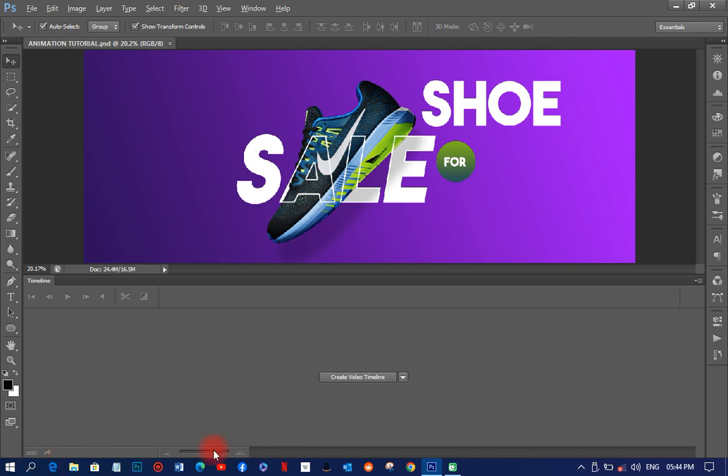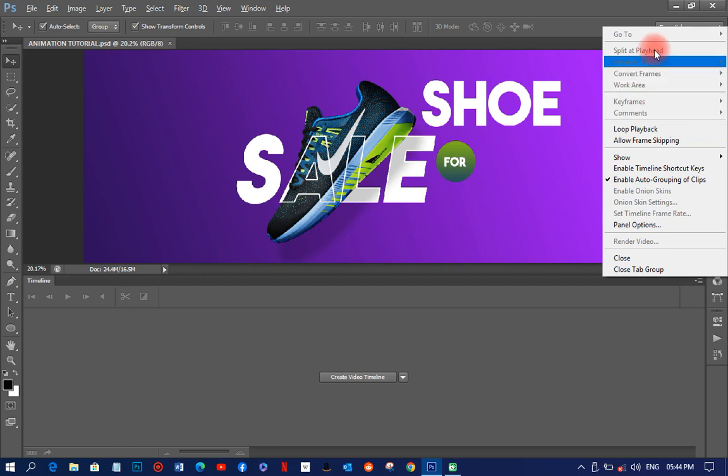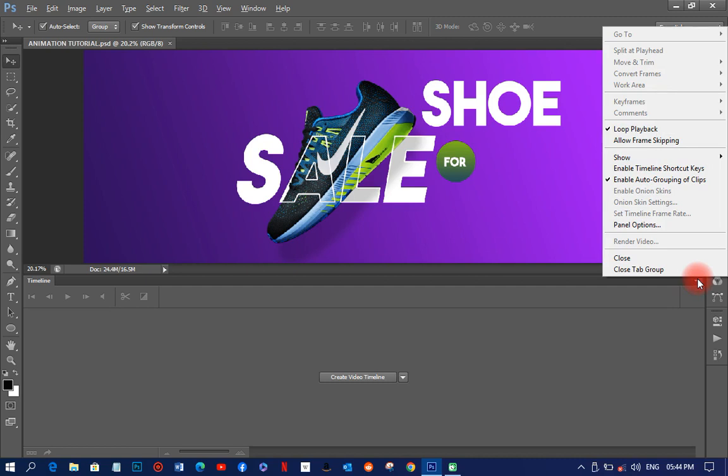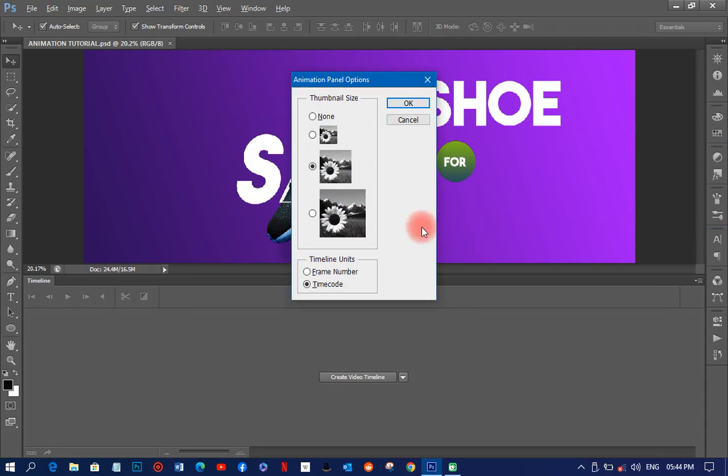And over here there are also properties, and there is also a navigation button over here, and all that. That is what we can have there. And when you click over here, you can get all the options, playback, loop playback. You click on that one, it will play and replay again and again, you get that. And allow frame skipping, all those functions are working too, and all this you can find. And when you click on the properties option, you can also find all these things over there, you get